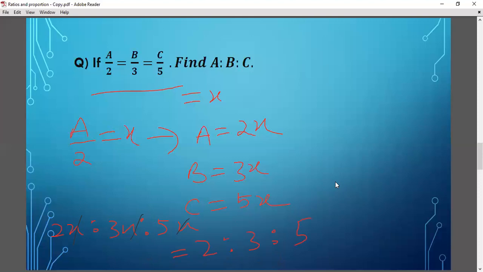In one more way, we can directly predict our answer for this particular question, and that is whenever you can see that the coefficient of A, B, and C in this particular question is 1. So whenever the coefficient of the variable in the numerator is 1 or unity, you can directly plug these denominator values as your answer. So from this method also, our answer is coming to be 2 is to 3 is to 5. Provided that, always remember, you're going to use the trick only when the coefficient of the variable in the numerator is 1.